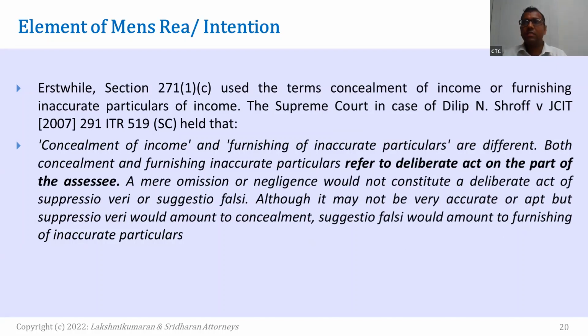The next point is whether there is a bona fide mistake, like what happened in the case of PricewaterhouseCoopers. There is a mention in the tax audit report that provision for gratuity is to be disallowed, but by oversight in the computation, it is not disallowed. Will it make any difference if this disallowance is offered to tax post the assessing officer pointing it out?